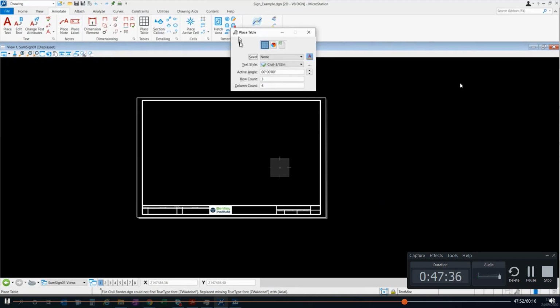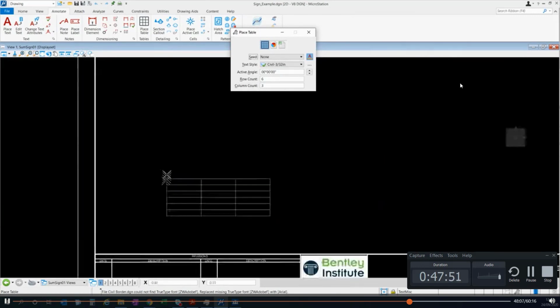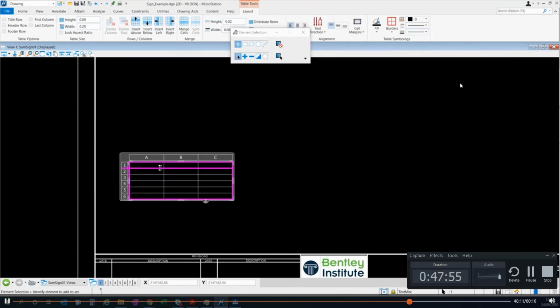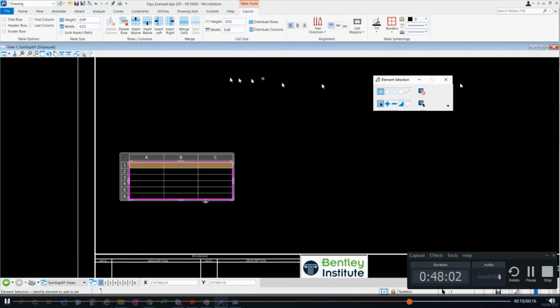Let's have a look at if we place an empty table. You can go here, you select the text style, angle, you can choose the different rows. So let's say we want 6 rows and 3 columns here. That's simple. You go and you insert it as expected. You have different settings and options and ways to format it that will appear in the ribbon here